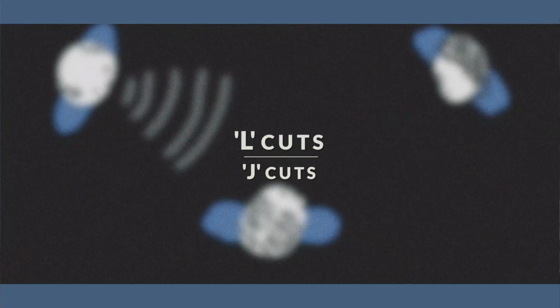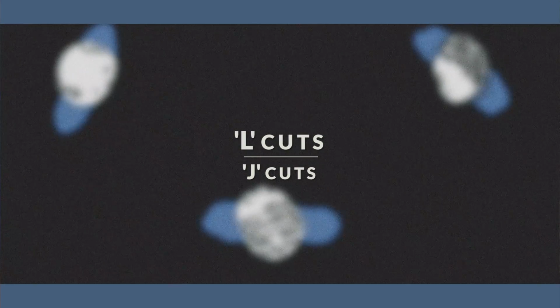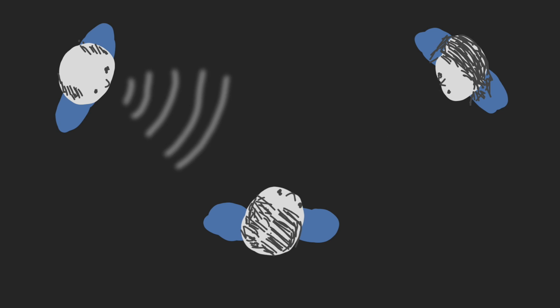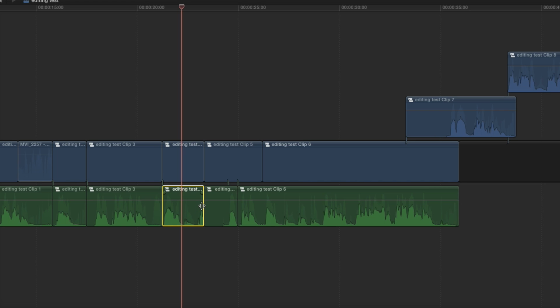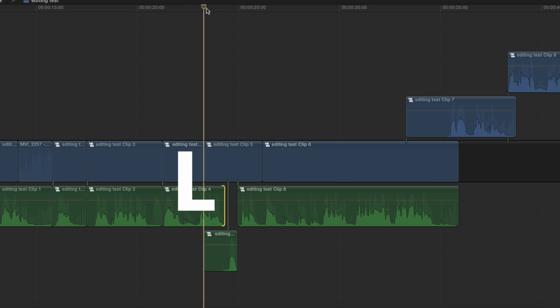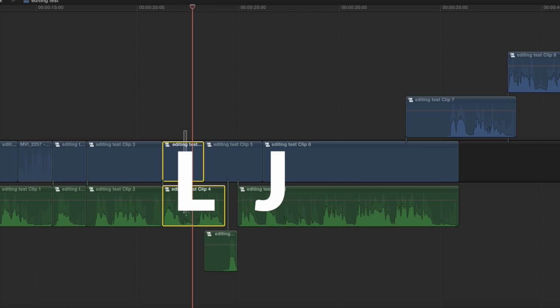So most of the time in films they'll cut to the next shot either slightly before someone has finished speaking or slightly after, and this really helps it to flow because if you think of a real life conversation, when you hear someone start talking over here, it takes a while before you look over to them to see who's speaking. It's definitely not instant. So the common terms for this are L cuts and J cuts, since on the timeline they kind of look like the letters L and J, the audio forming the bottom part of the letter. So here's an example of an L cut followed by a J cut, so you can see what I mean.